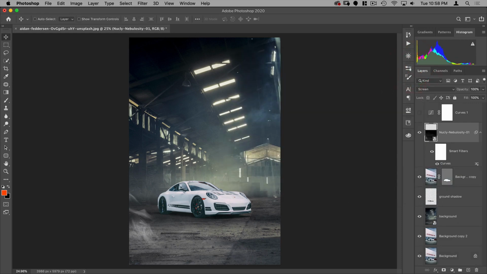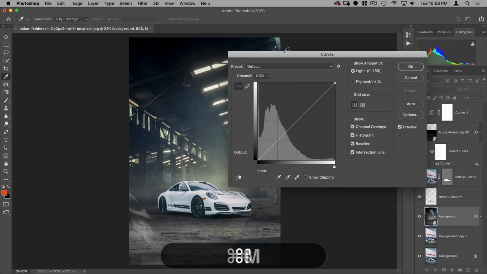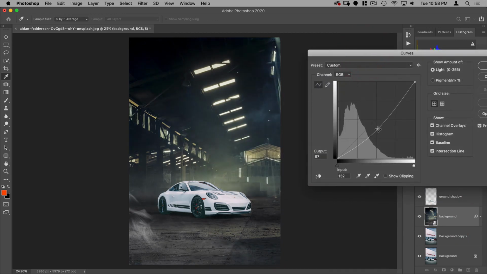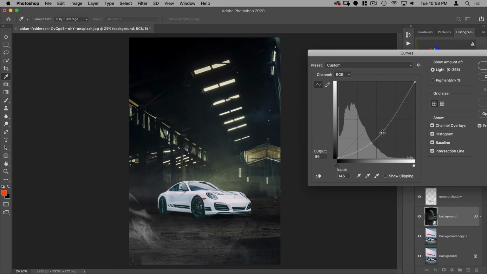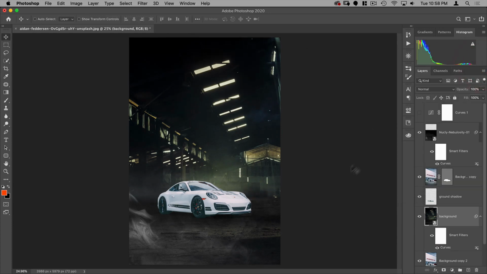I also want to make this ground darker here. I kind of want to make the whole background a bit darker. So I'm going to select the background, do Command M for curve, and just bring down that curve. Let's say to right about there. Let's hit OK.